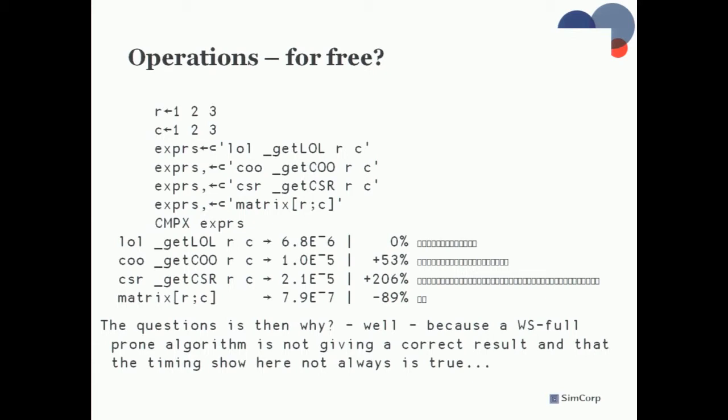If you take your ordinary row column indexing and compare that with all of these, you see actually that the CSR is much slower in this case. So why on earth do you want to do this, Lars? Well, first of all,